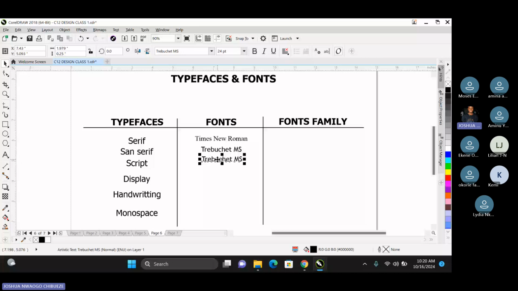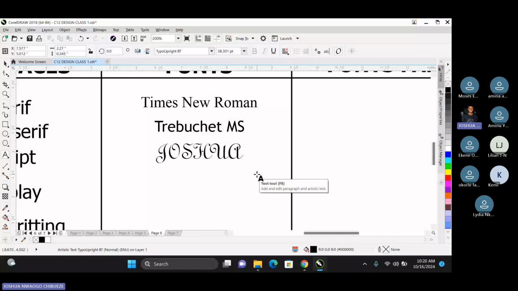You can see that script fonts mostly don't really work with capital letters throughout. I've seen some people make designs using script fonts like that. Let's say I want to type my name with a script font and I use all capital letters. Look at the difference when I use the first letter as capital and the rest as small letters. You can see the difference. So script font works better when only the first letter is capital and the rest are small letters. When you have script fonts like this, you wouldn't make everything caps. The name of this script font is Typo Upright